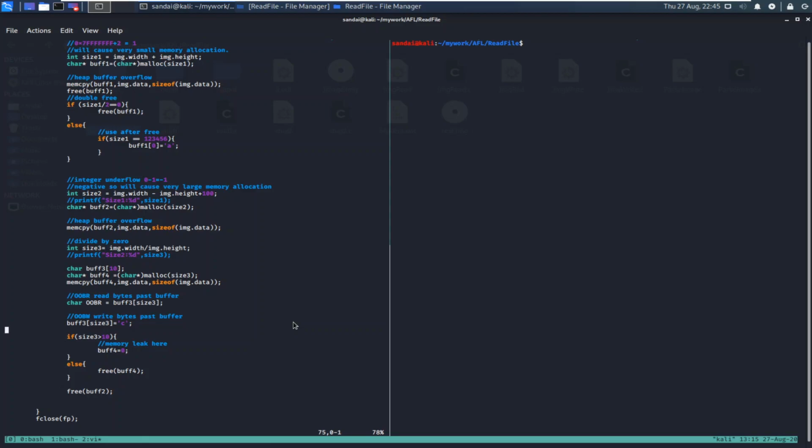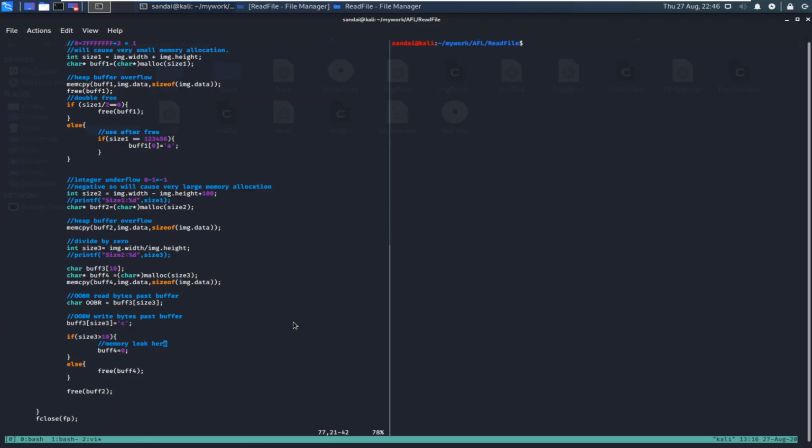And there is another type of issue we'll cover, that is a memory leak. Memory leak, I think most developers are familiar with this kind of issue. In a memory leak, what actually happens is that you allocate some memory using calls such as malloc. So let's see, this is buffer 4, and buffer 4 is getting allocated over here using a malloc call, and we are not freeing it anywhere. So there is one check: if size 3 is greater than 10, then we are not freeing the memory, but if it's less than 10, then we are freeing buffer 4.